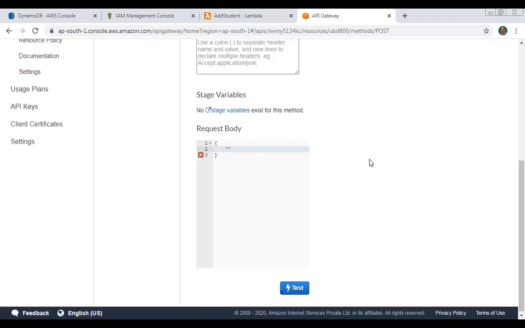Double quotation, student underscore ID, colon. Here, for the student ID, I am giving roll number 1.